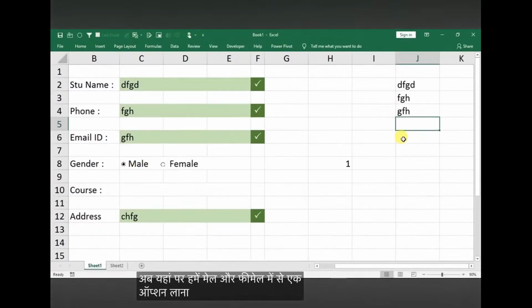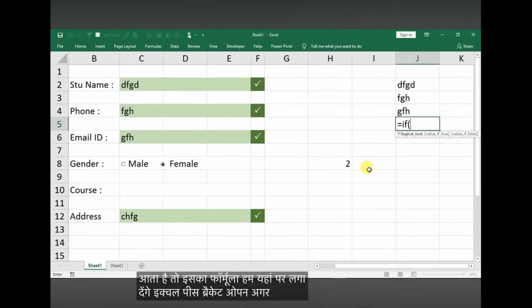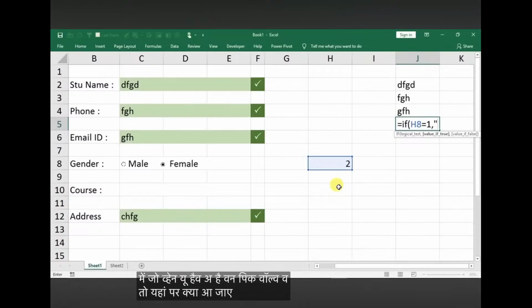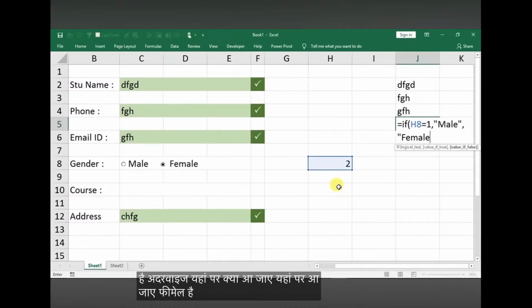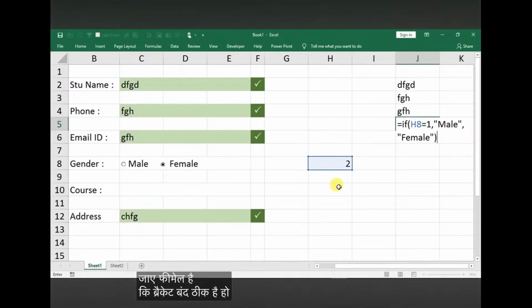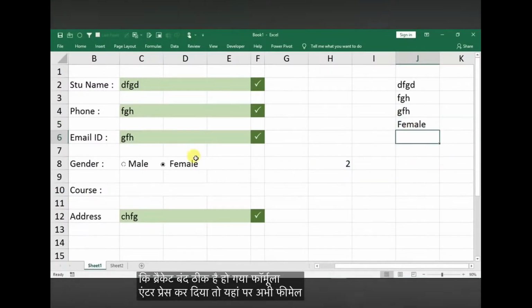नीचे अब यहाँ पे हमें मेल और फीमेल में से एक ऑप्शन लाना है। अब ये तो आएंगे नहीं यहाँ पे ऐसे, हमने ये सेल रेफरेंस दे रखा है मेल और फीमेल पे। अगर मेल है तो यहाँ पे 1 आता है, अगर यहाँ पे फीमेल है तो यहाँ पे 2 आता है। तो इसका फॉर्मूला हम यहाँ पे लगा देंगे इक्वल इफ ब्रैकेट ओपन, अगर इस सेल में जो वैल्यू है वो है 1 इक्वल 1, तो यहाँ पे आ जाए मेल, अदरवाइज यहाँ पे आ जाए फीमेल, ब्रैकेट बंद। ठीक है, हो गया फॉर्मूला, एंटर प्रेस कर दिया तो यहाँ पे अभी फीमेल आ रहा है। अगर मैं यहाँ मेल पे क्लिक करूंगा तो यहाँ पे मेल आ गया, फीमेल पे क्लिक करूंगा तो फीमेल आ गया। इतना काम हो गया।